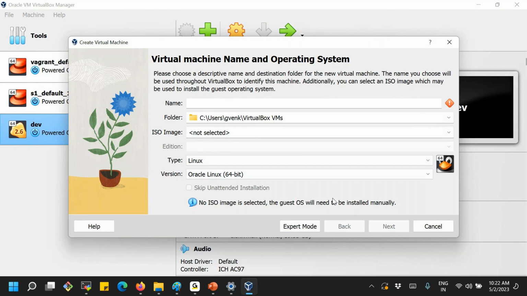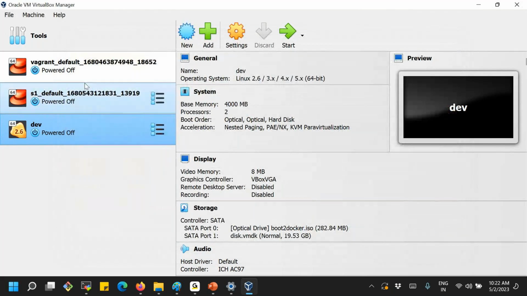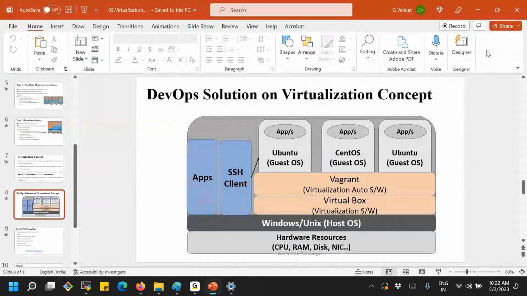Next, one more tool we are going to install is Vagrant. We are going to use Vagrant as the automation software to manage the virtual machines on VirtualBox. So whatever operation you would like to perform on the virtual machines, whether launch it, start it, stop it, or terminate it, we are not going to do that manually here. So I'm just going to close this window. We don't need to keep it open. Up and running is required, but just close it.